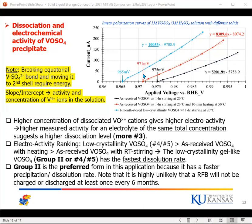So the higher the concentration of the active vanadium 4+ cation is in the solution, the higher the electrochemical activity, or the slope of the polarization curve, is. The results shown on this slide show that case 3, right, the one with the gel-like material, has the lowest open circuit voltage and the highest slope for the polarization